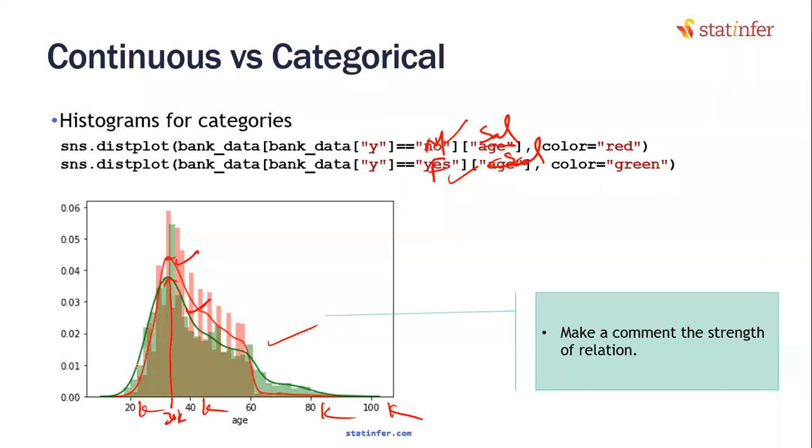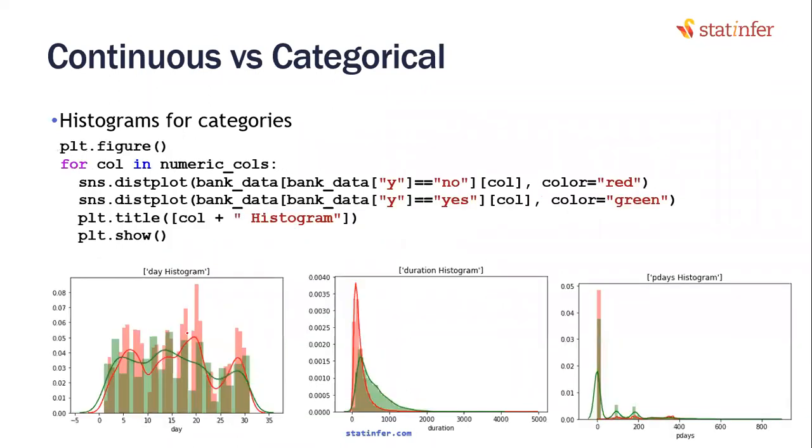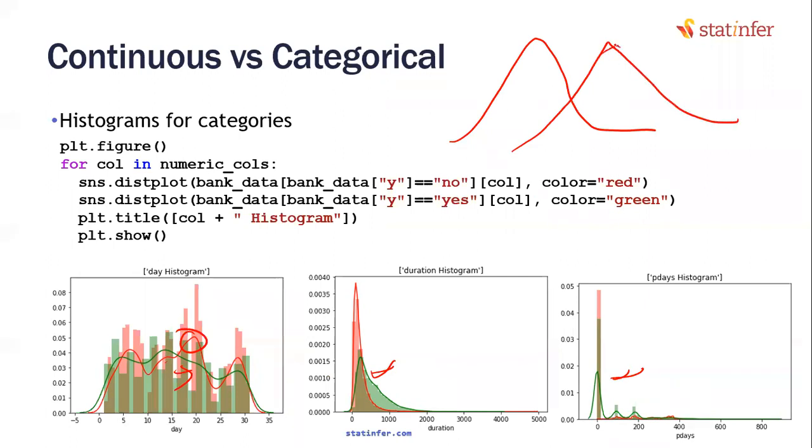I think if we see an example where there's a difference, then we will be able to appreciate it. Let us see here. Here also mostly the distribution is same. Here the peak is high for 15, but there is no clear distinction here. Here also almost same. But the main point I want to make is that when there is a difference in the distributions, you will see one graph like this, the other one like this. Then you will say there is a significant change. One has a peak point here, the other one has a peak point here.